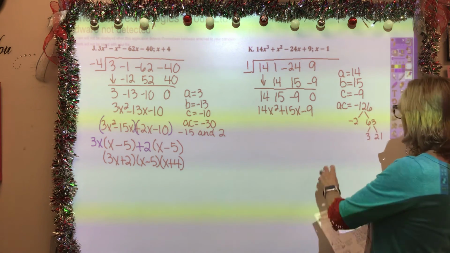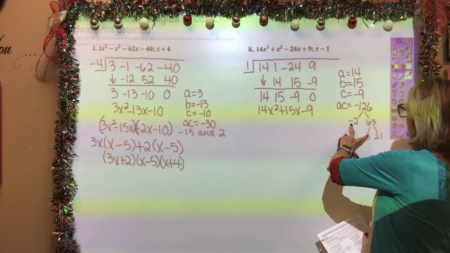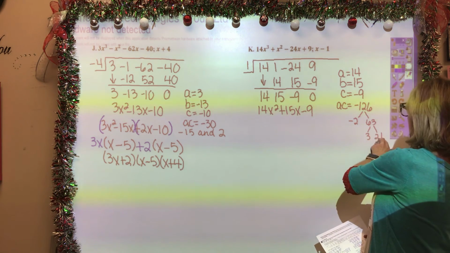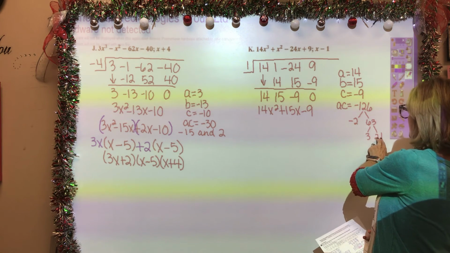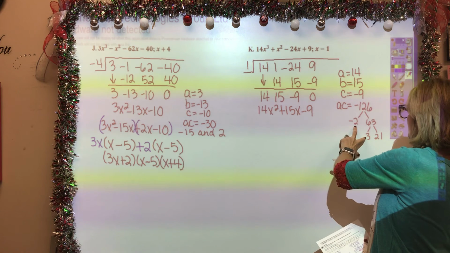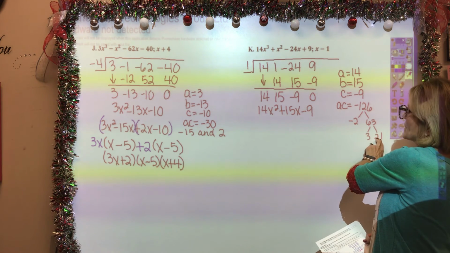And if you look right here, if you multiply negative 2 times 3, that would be negative 6. 21 minus 6 gives us 15. So we're going to use a negative 6 and a 21